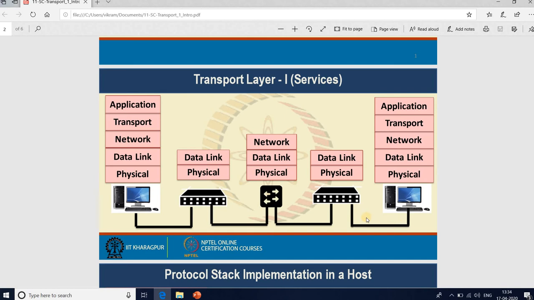The lower layers of the protocol stack are not reliable; there can be packet loss from the lower end of the protocol stack. So the transport layer ensures the reliability of the data transmission here. At the same time, it also offers multiple other services. Let us look into the details of how these different services are implemented in the transport layer of the